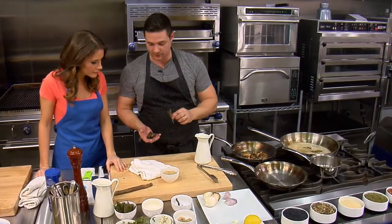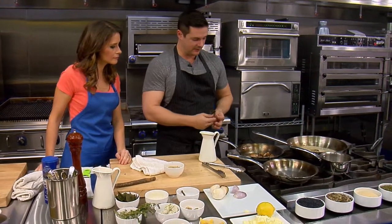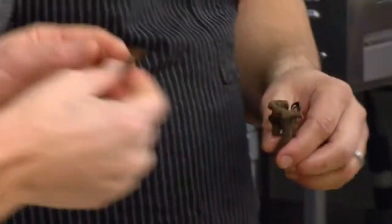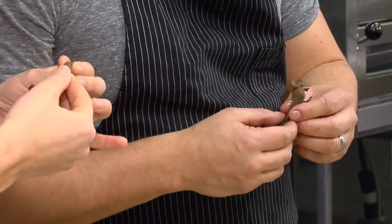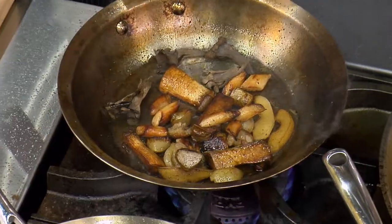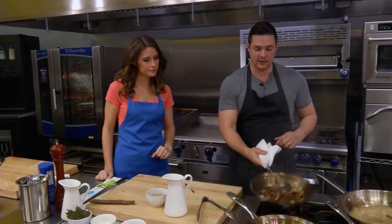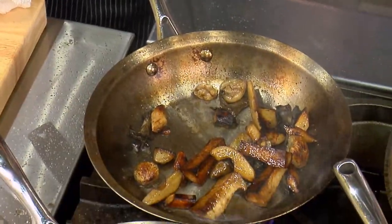Last thing, black trumpet mushrooms. Again, from around here. Just take the bottom off of that real quick. Dealing with black trumpet mushrooms, you certainly want to take off the bottom and then look through the center. And these grow around pine trees, so once in a while you'll find a pine needle in there. All right, so we have this nice ragu